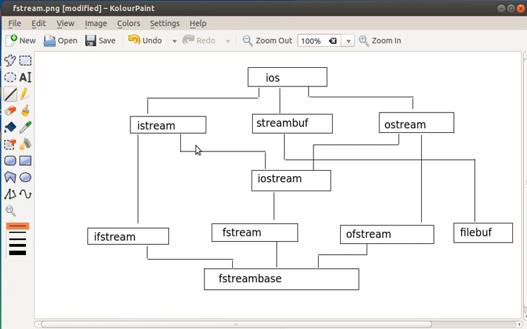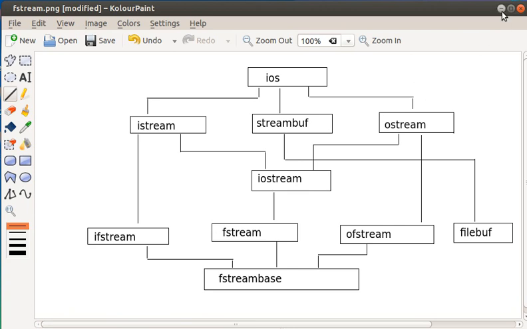And from istream and ostream we have iostream, and from that we have fstream. So ifstream and ofstream are not subclasses of fstream. You can see it here. From istream we have iostream. From ostream we have iostream, and from iostream we have the fstream. So this is the class structure we are using: iostream, istream, fstream, etc. We can see it from here.